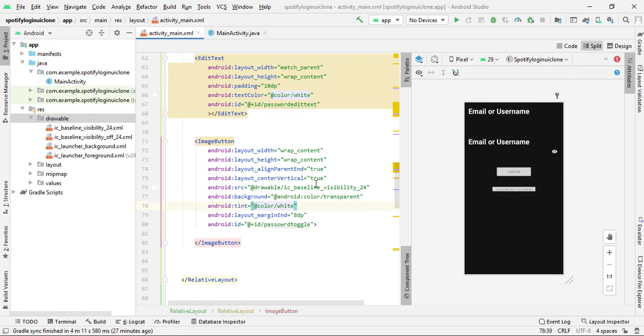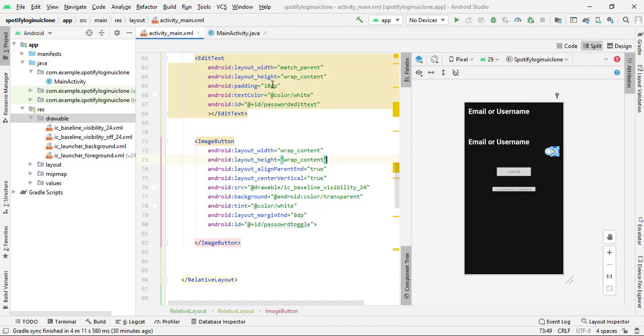So this is done. Now we have to create a custom drawable for everything, like for our normal edit text, and also for edit text focus. We have to create 2 drawables for our login button, one for the disabled login button and one for the enabled login button, and also we have to create a drawable for login without password. So there are 5 drawables total, and then we have to write the Java code. So let's start creating the drawables.